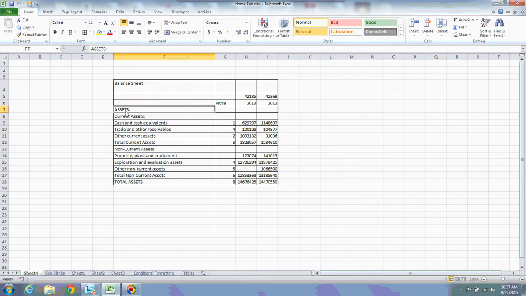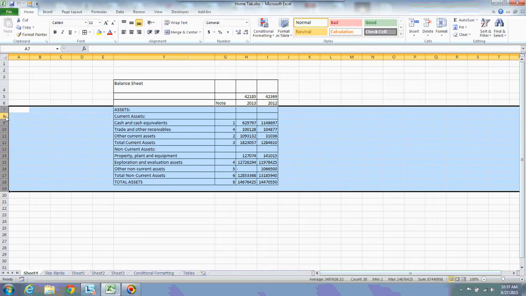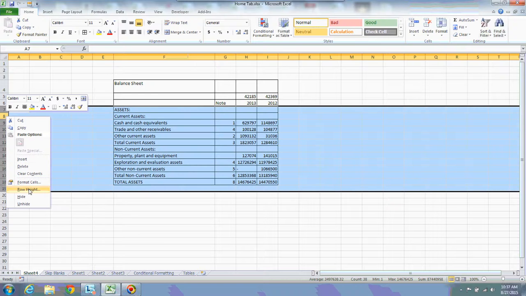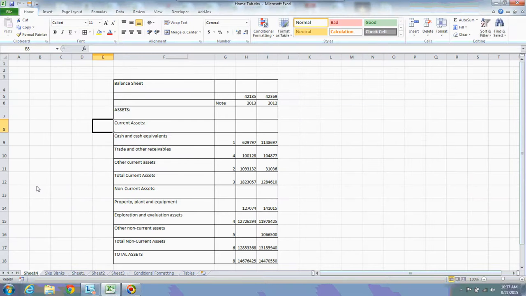But why are these not showing whether they are top aligned or bottom aligned? Because the row height is very small, hence they show like that. I am changing the row height of all the cells from 15 to 20 or 30. Now you can observe that all the values, descriptions and data are top aligned.